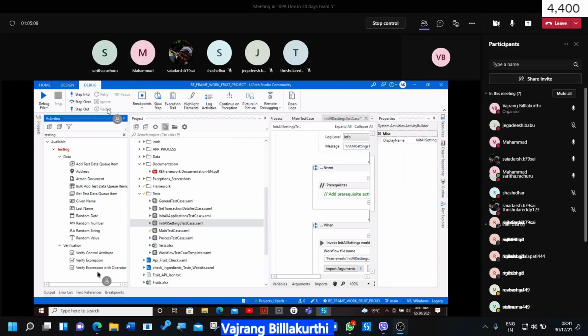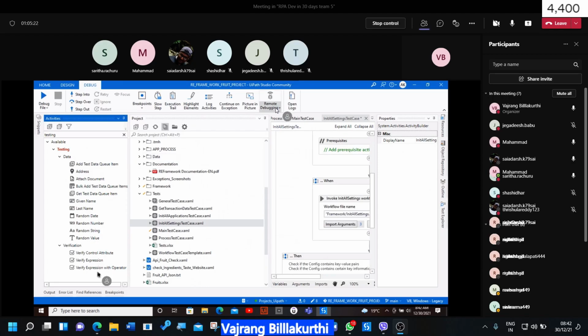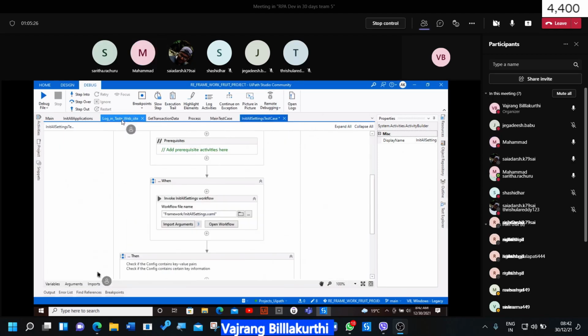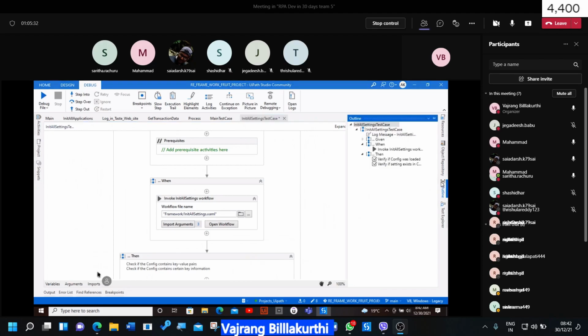Vajran? Yes, Sarita. As a developer, do we need to do all the orchestrator things also? Yeah, Sarita. If you are in development, there will not be any separate COE team who will check the development orchestrator. Development orchestrator is completely yours. You need to check with the robots, the licenses, and the logs, because that's development. You need to verify it.